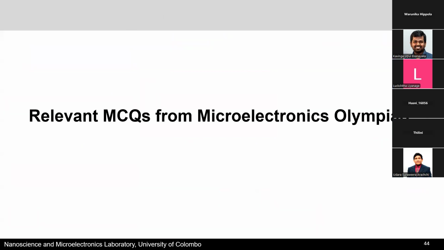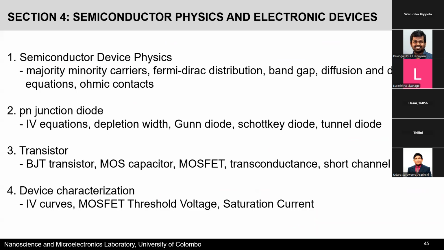So I could only find one exam paper from 2016 about microelectronics. I could see that in section 4, they have asked certain questions about semiconductor processing and electronic devices. These are the topics that I thought were relevant for you. They have asked questions on minority and majority carriers, Fermi-Dirac distribution, band gap. Then they have also asked certain questions on PN junction diodes, depletion width, Gunn diode, Schottky diode, certain other variations